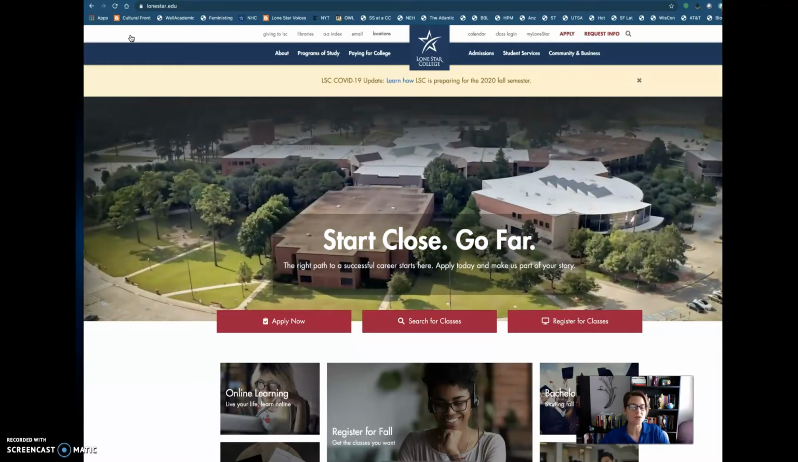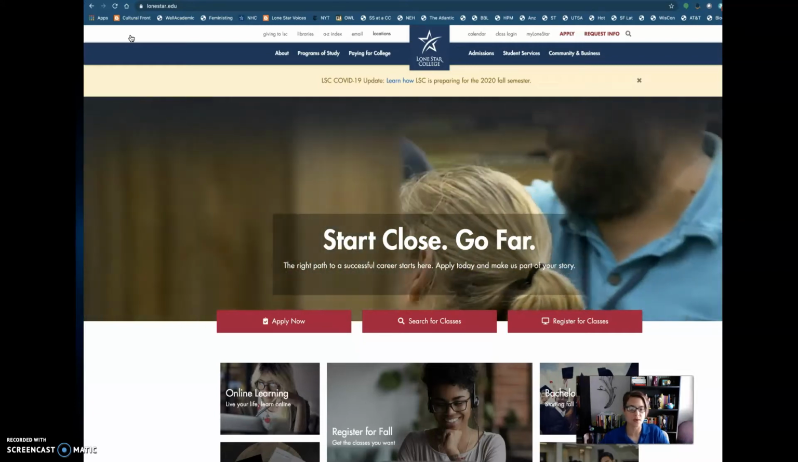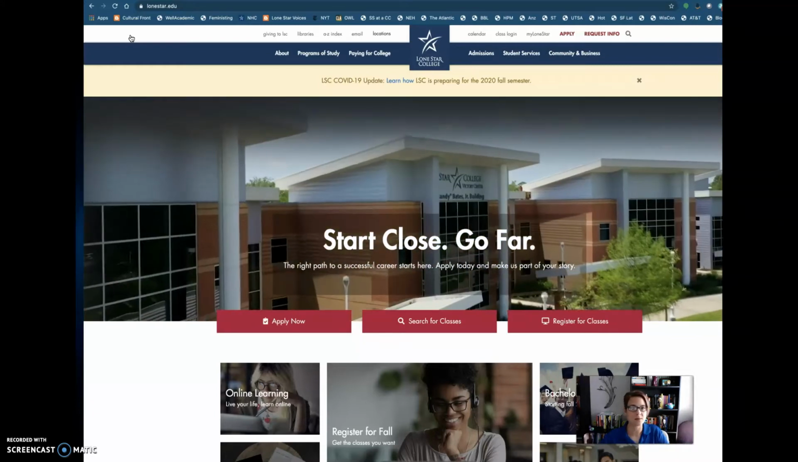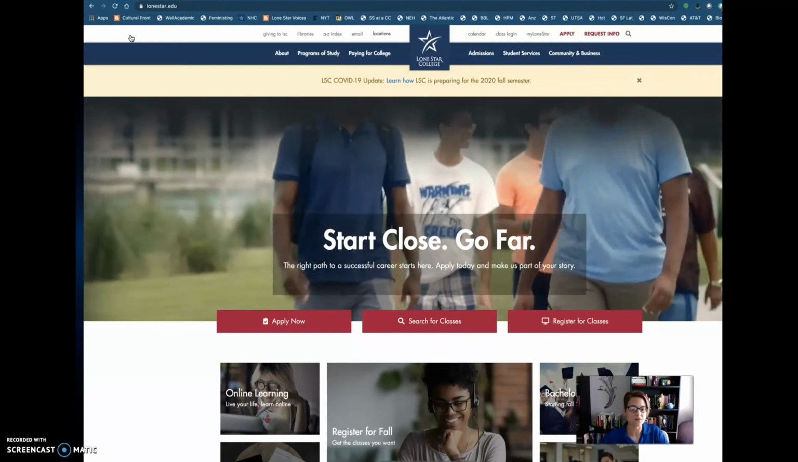And then once you go through that orientation, you can go in and look at your different classes, click around, see what information is there,